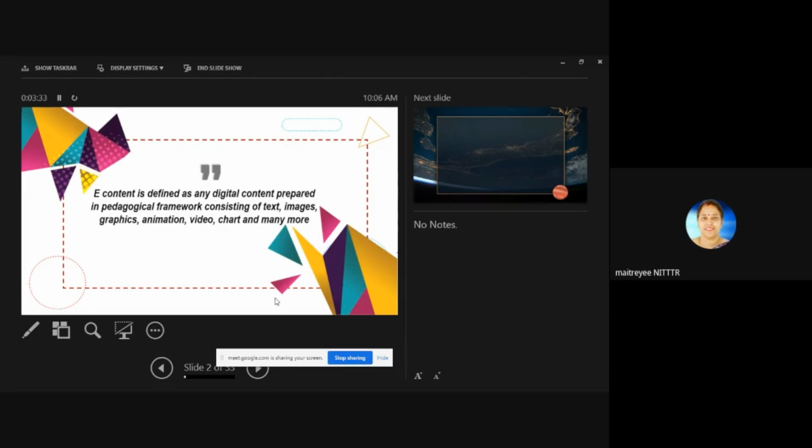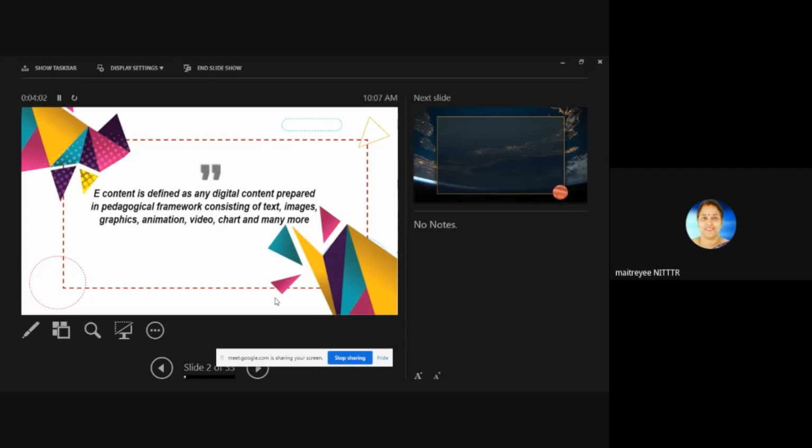Whenever they launched these MOOCs courses on the SWAYAM portal, they said that videos are okay, and then you can put e-content into it. This e-content may be created with the help of DHTML, in the form of PDF, in the form of PPT, in the form of simulation, or in the form of some demonstration.